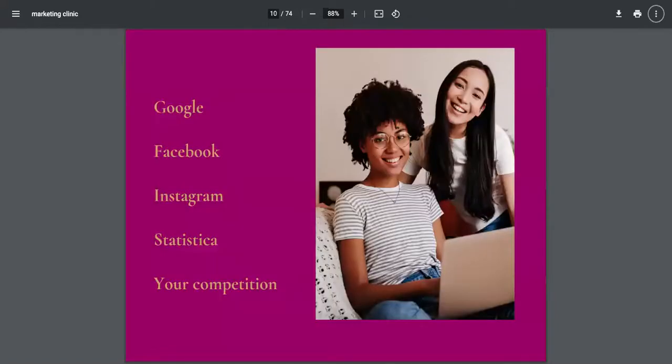And where did I go to find this information? As I said, my main platform that I enjoy using the most is Instagram. So I went on Instagram and I started looking. And the amazing thing with Instagram right now is you can search the hashtags, you can search specific keywords. It's becoming a little bit more like Google. So Instagram is the first place that I looked at, and then of course Instagram being linked with Facebook, I then looked on Facebook.